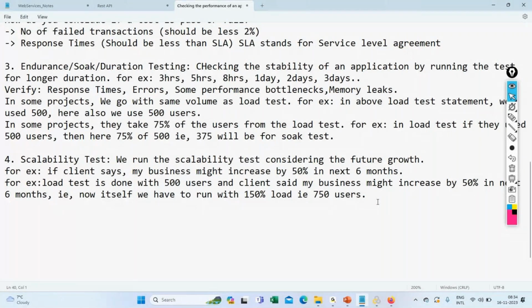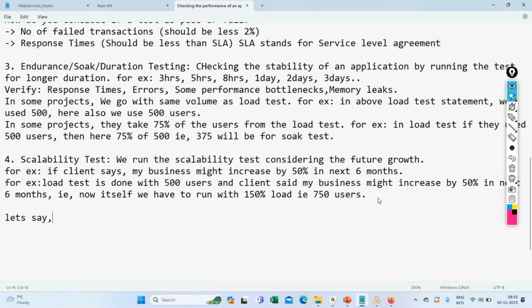the number of users might increase up to 400%." And the client said, check how scalable our applications are with 400% load. So how are you going to test that? Can anyone tell,